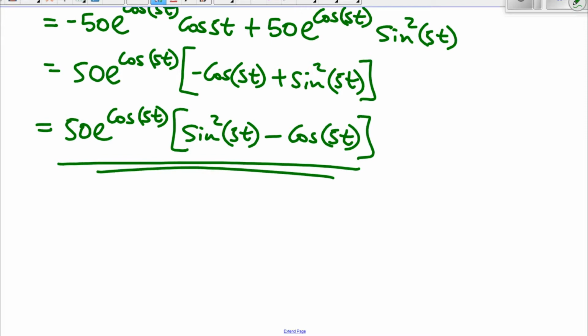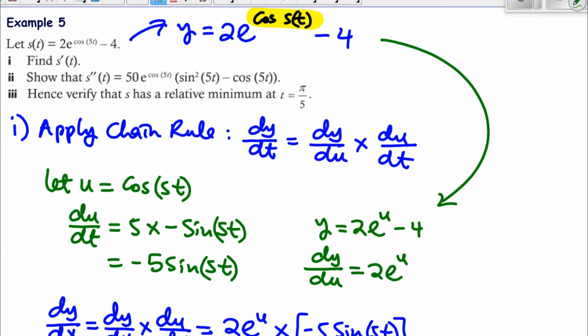And that is what we have here. Okay, so that's already proved. We can move to part 3: hence verify that S has a local minimum at t is equal to pi over 5. Now we know that for us to do that,